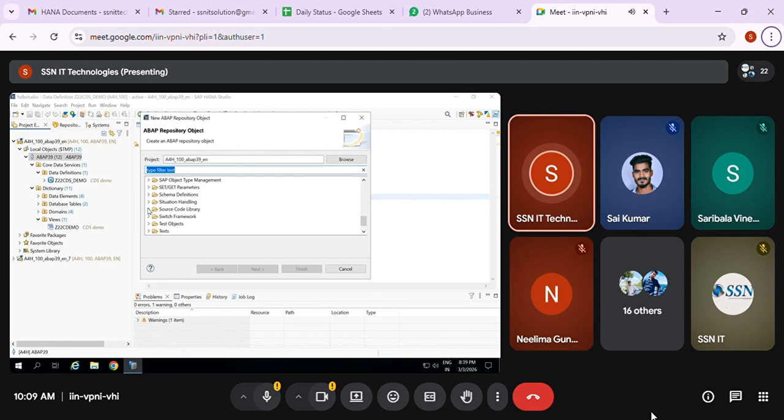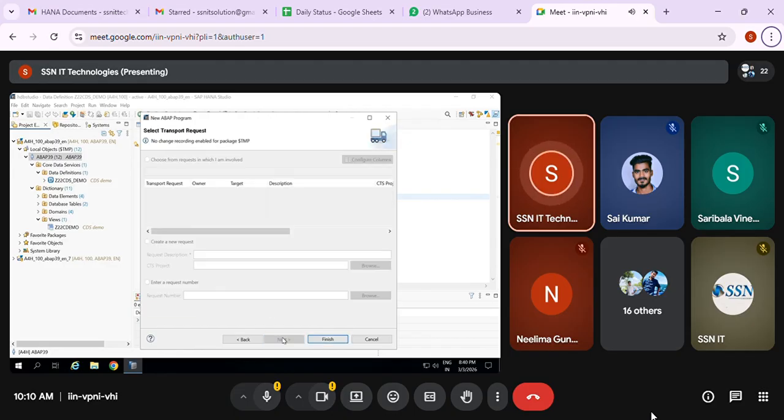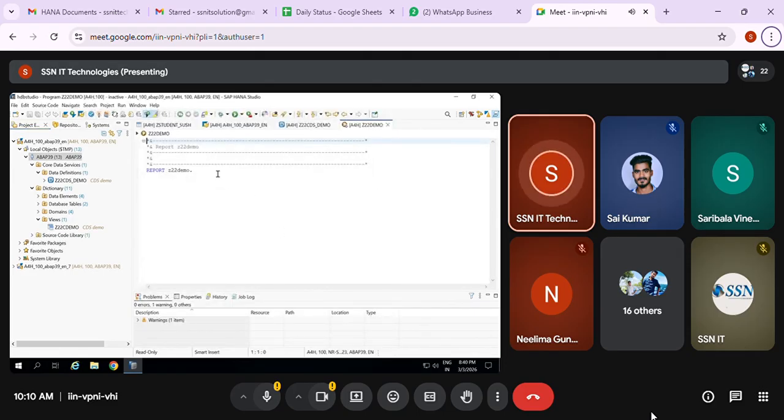Expand it and choose ABAP program, and next you can give Z22 demo program, demo for program. Just click on next and then finish. Done. Like this, I can create the program here. Clear, ma'am?